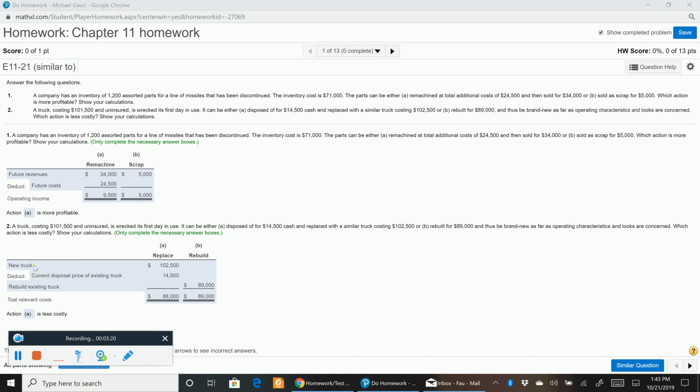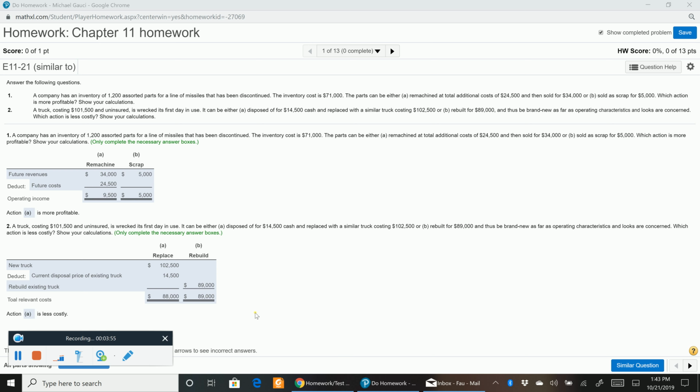So alternative A, we can buy a new truck of $102,500. But we'll be able to get $14,500 sales revenue for the beat-up truck. So the net amount, $88,000, is our net costs. If we rebuild, as we said, the net cost was $89,000. So just looking at this quantitatively, it looks like we should replace the truck. Sell the old truck that's already beat up and buy a new truck. Save a little bit